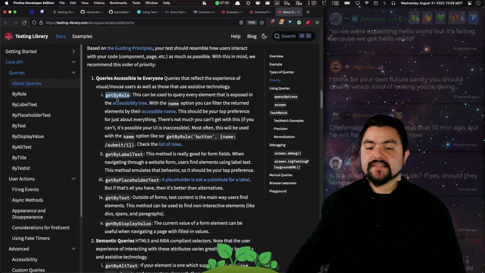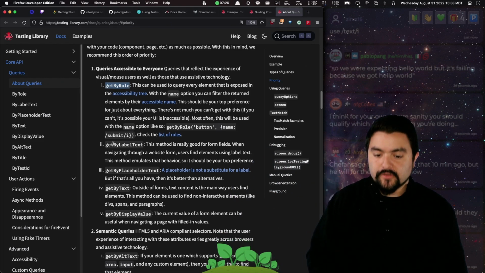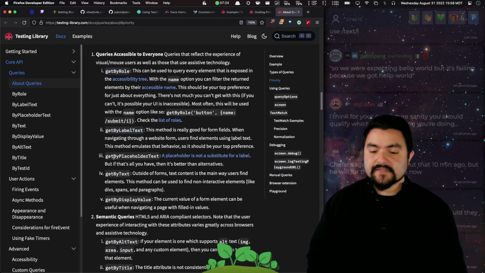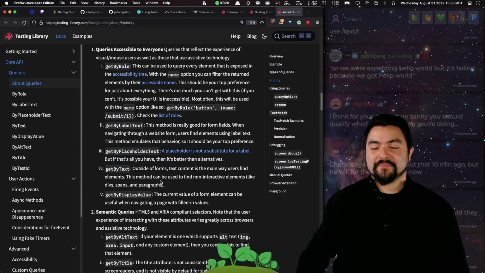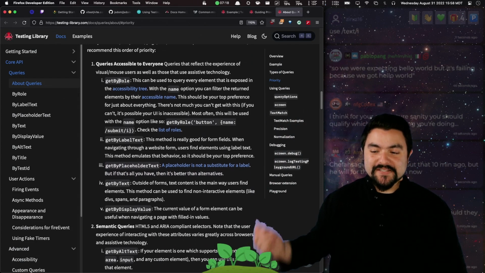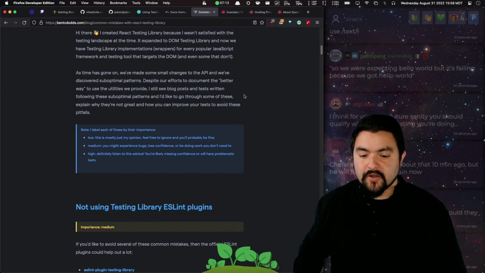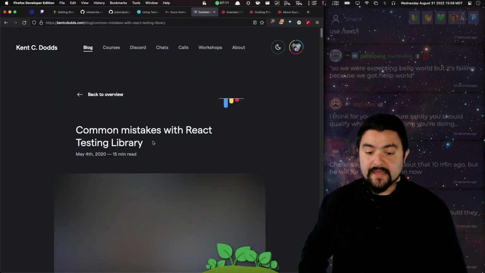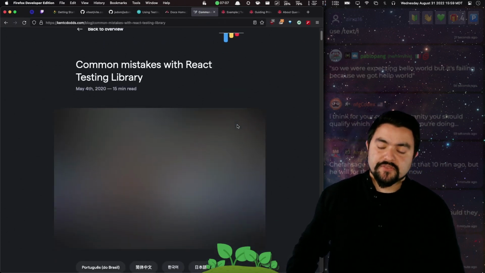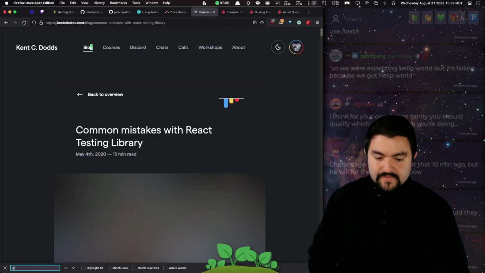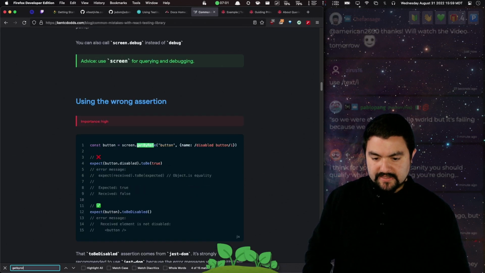And this page basically says, if you can, use get by role. If you can't figure out a role for it, then do maybe label text, placeholder text, basically go down this line starting at the top, because the ones at the top are the more preferred ones. There's also a really good article written by Kent Dodds, the creator of Testing Library, that lists common mistakes with React Testing Library. And they specifically talk about the get by role